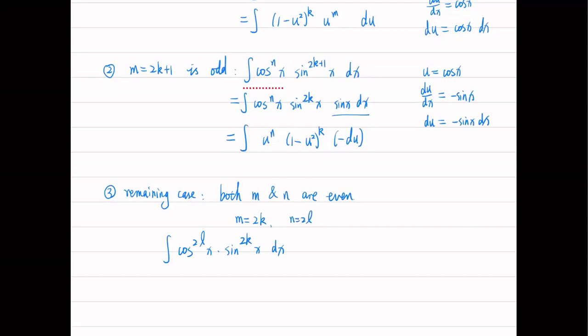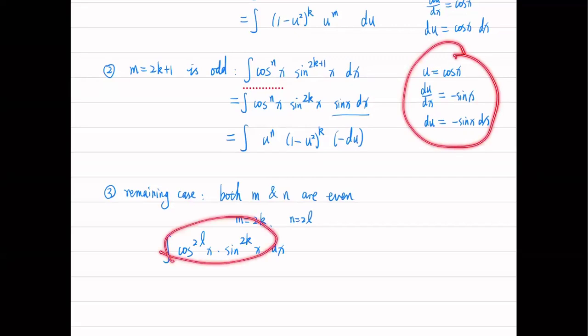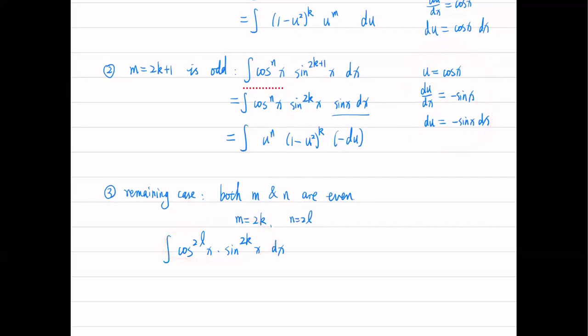This time we cannot use a substitution. We're not ready yet. So what we do is we use the double angle formula to reduce the degree. The double angle formula: cosine square x